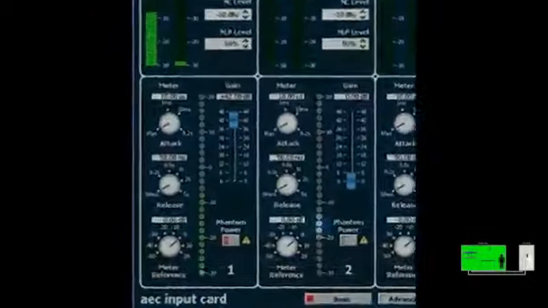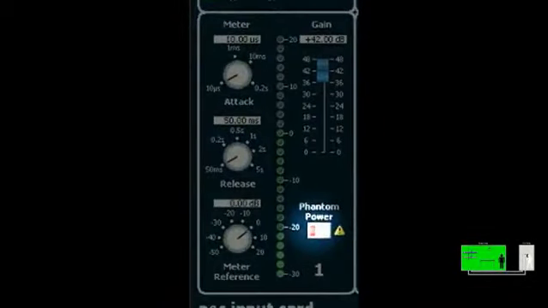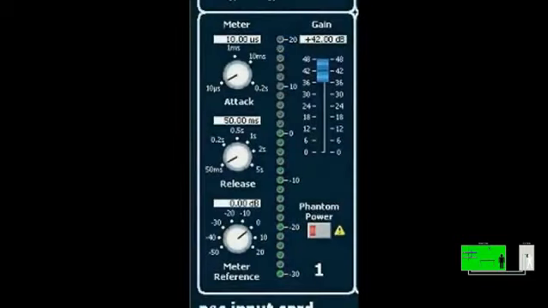Now let's take a look at the AEC input card's default control panel within HiQNet London Architect. At the bottom of the control panel, there's a phantom power on-off button, a preamp gain fader, a signal level meter, and meter controls. In addition to these controls and meters, which are exactly the same as those seen on